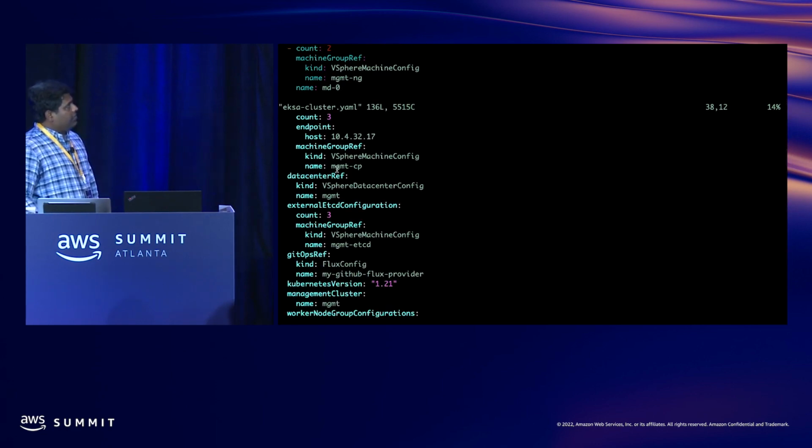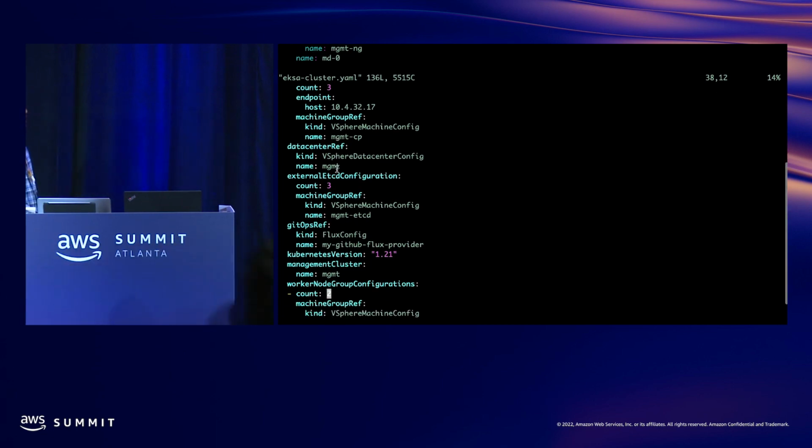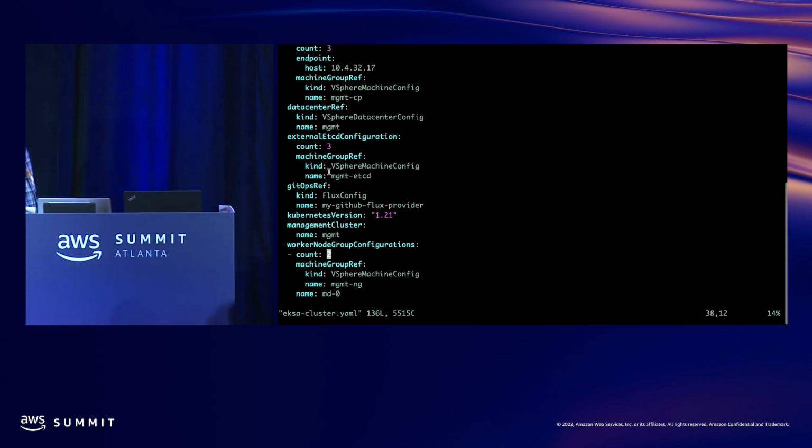And then the other details, as in what is the control plane aspect of it,